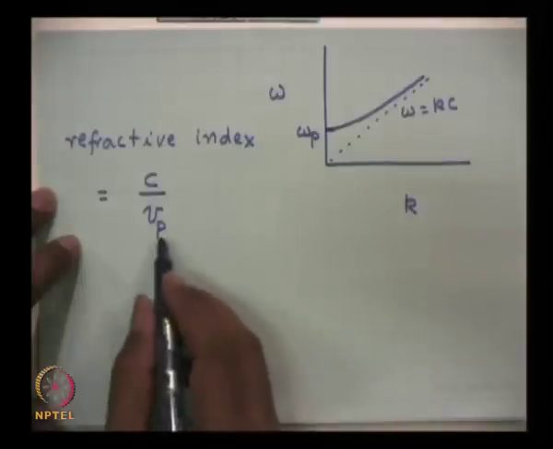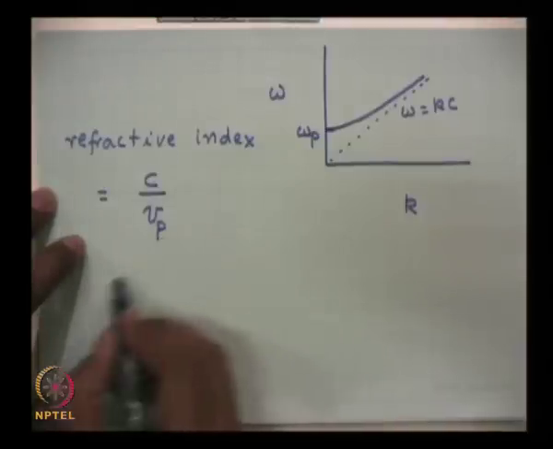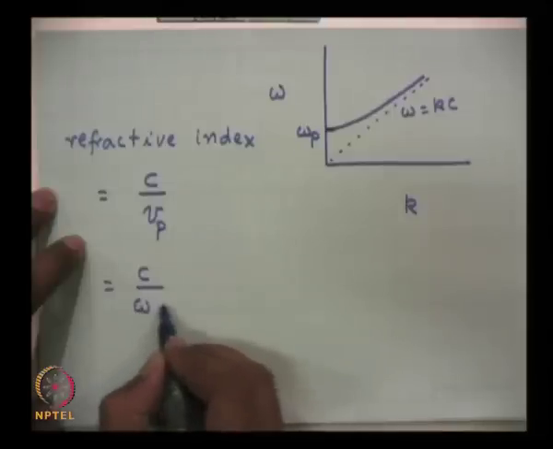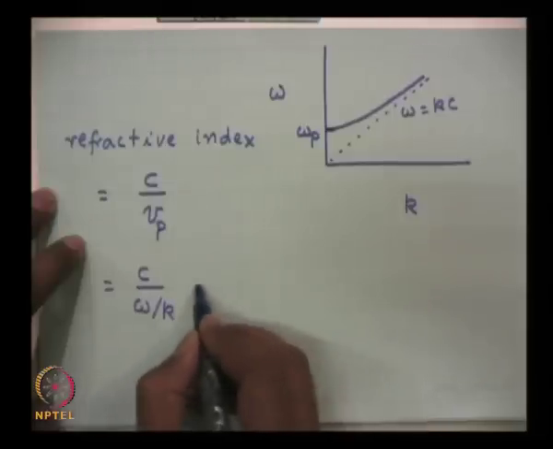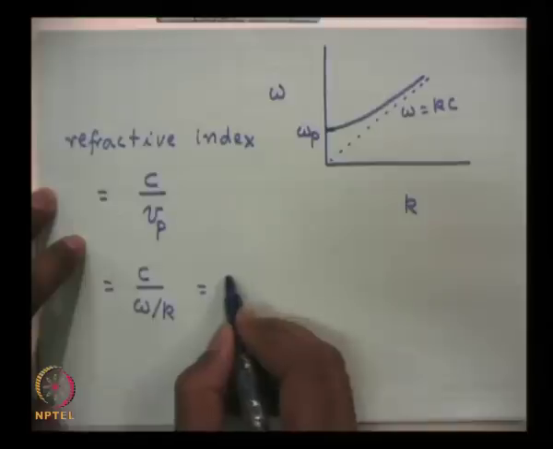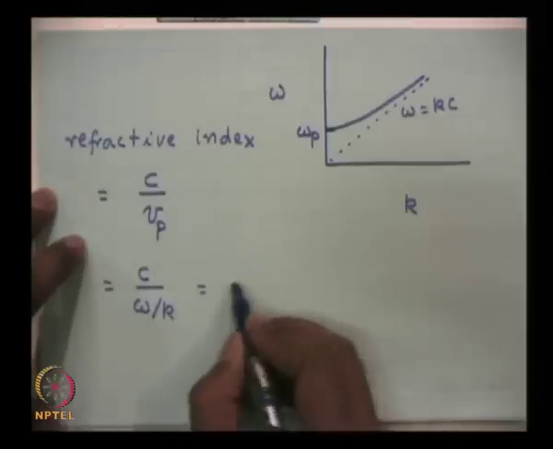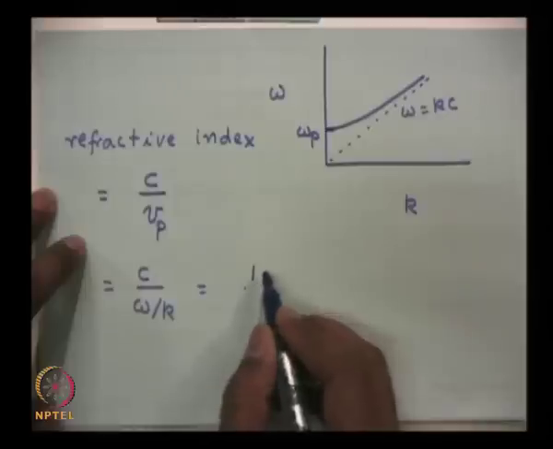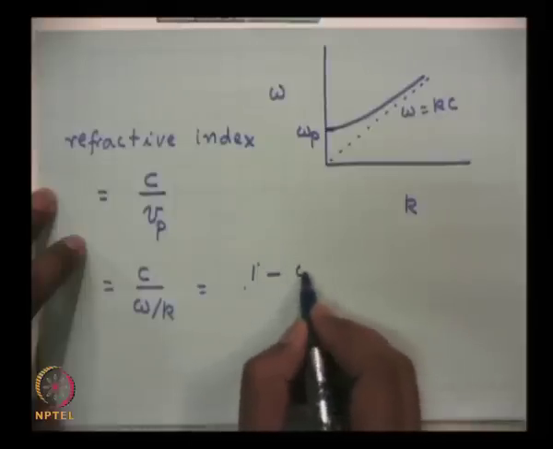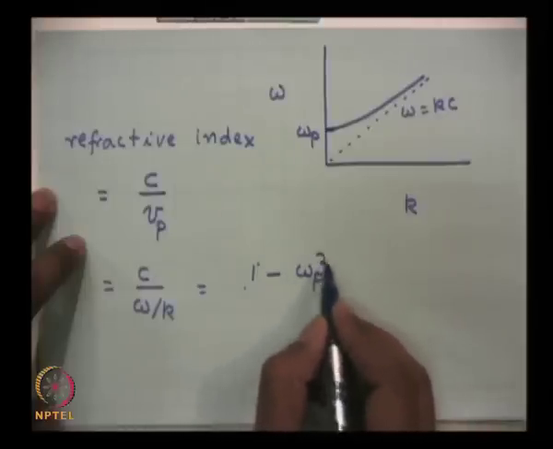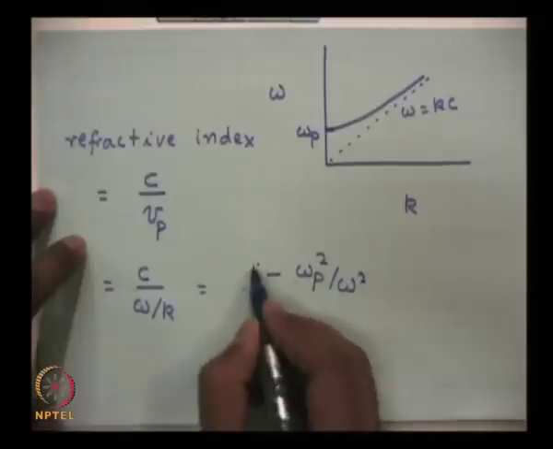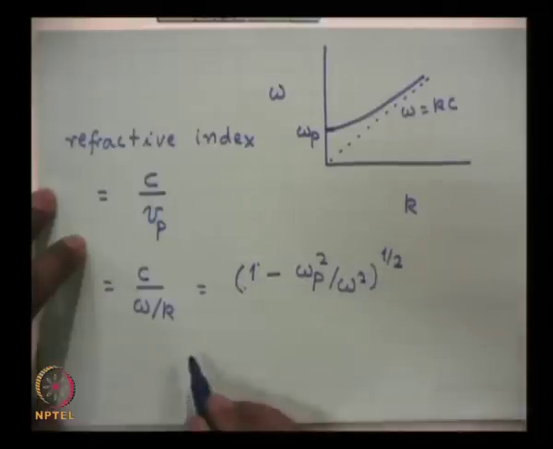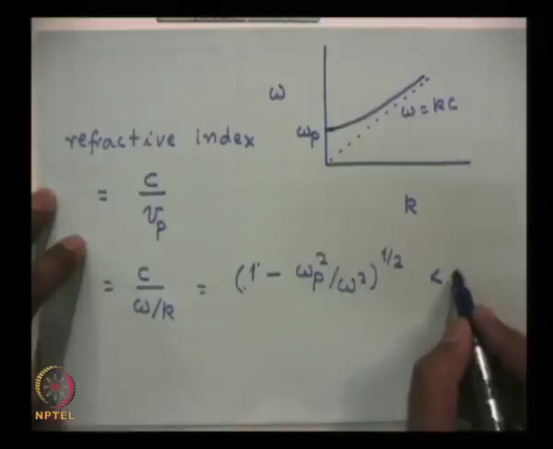But we know Vp is already omega by k, so this is c upon omega upon k, or kc by omega, and if I put the value of k, it turns out to be equal to 1 minus omega p square upon omega square under root. So, this quantity is less than 1